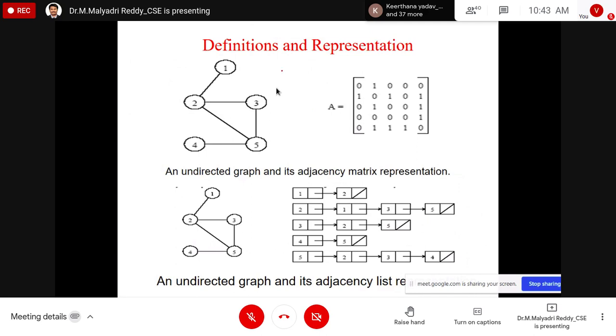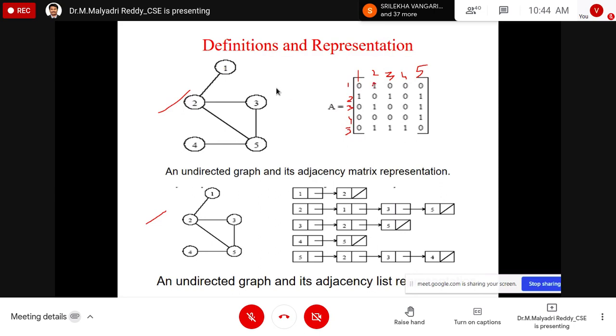First point we have is graph representation. Generally graphs are represented in different manners: the adjacency matrix, incidence matrix, linked list, or adjacency linked list. These are the basic methods to represent graphs. Suppose you take this graph; here it is in adjacency matrix format. In this, a 1 to 2 path is there. There are 5 vertices in total, numbered 1, 2, 3, 4, 5 along both rows and columns.